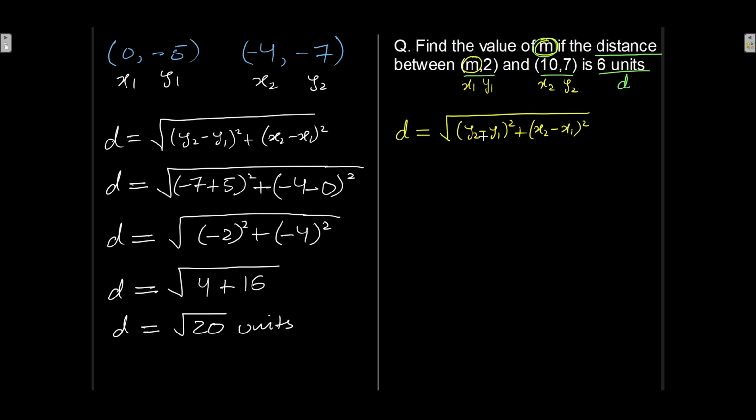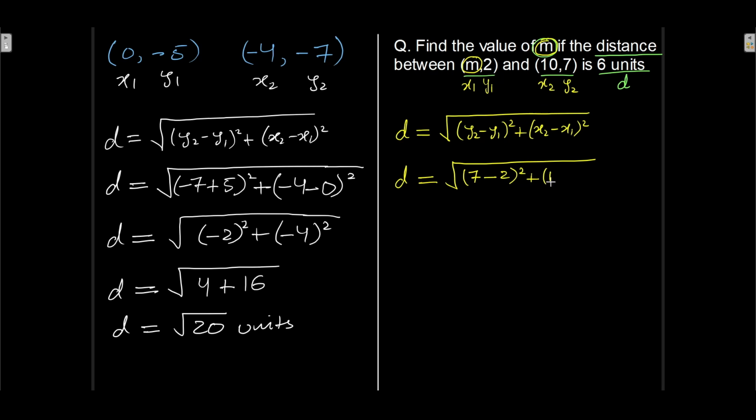So I just need to see what exactly is the value of y2. I can see the value of y2 is 7. So let's start substituting the respective values. So the value of y2 is 7, so I'll just place 7 minus the value of y1, which is 2, whole squared plus